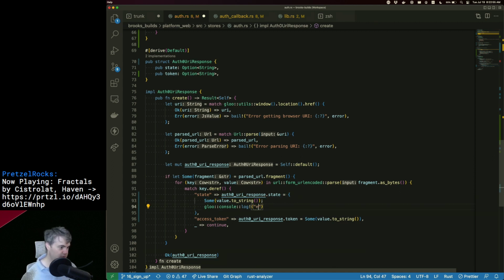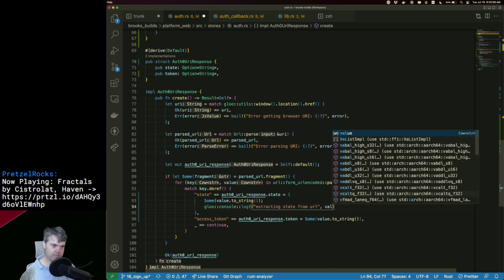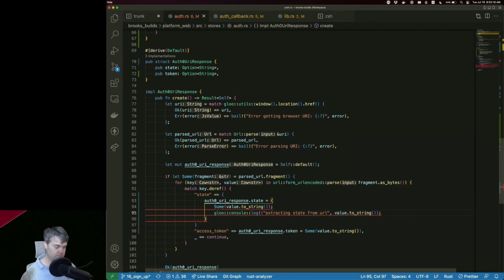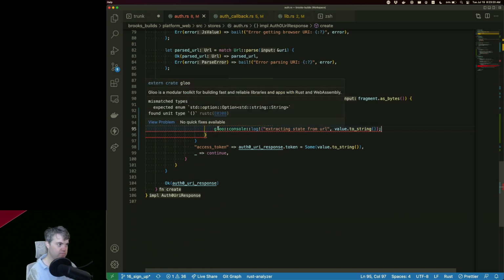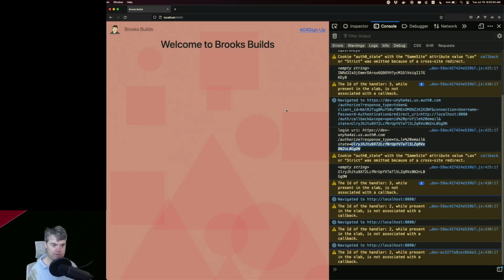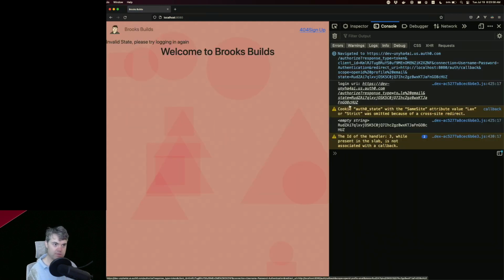So this is extracting state from URL. Oh, am I returning this? That's why. Oh, look at that. Okay.